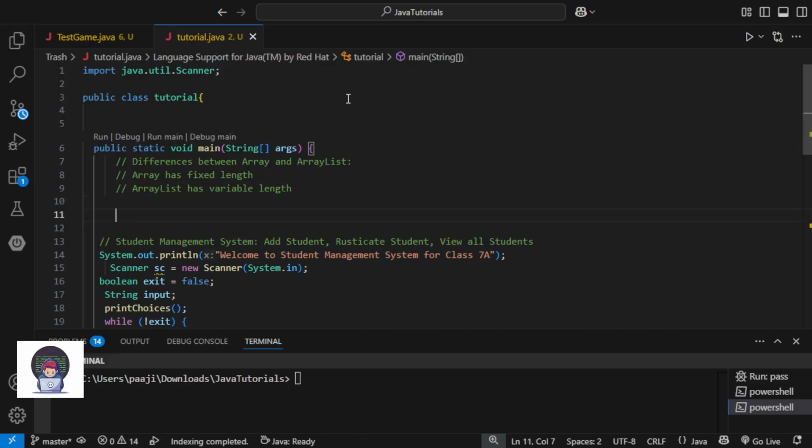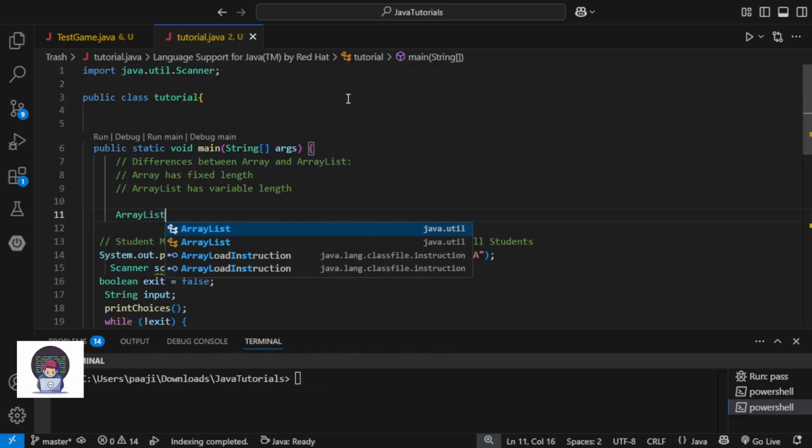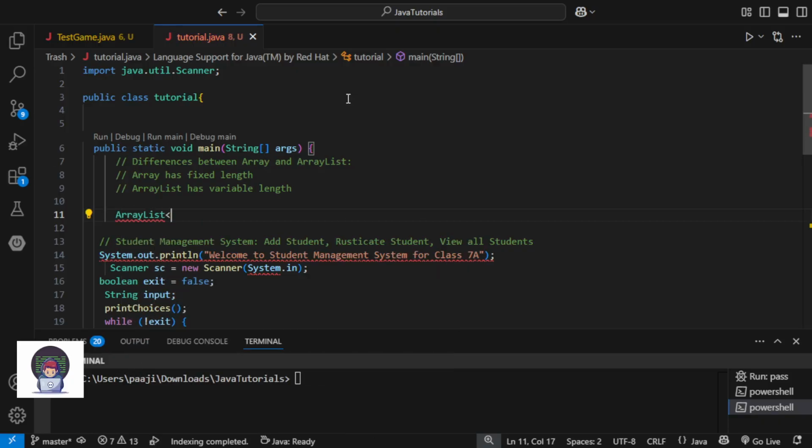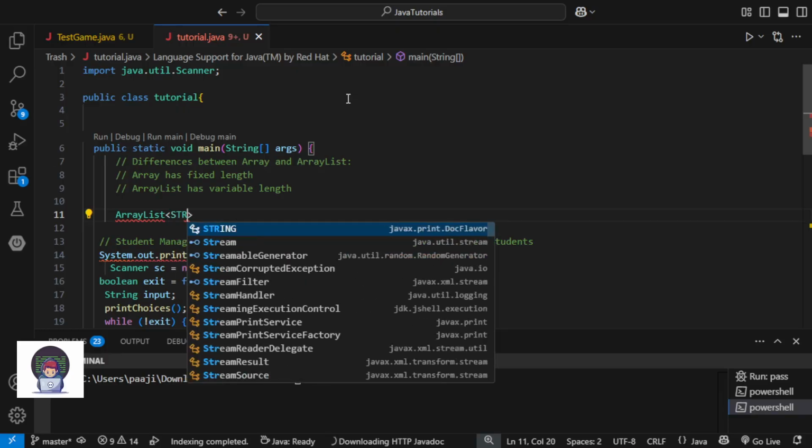So let's create an ArrayList, because we don't know how many students we will add. Let's say ArrayList, and set its type. Inside these tags we type the data type of the ArrayList. That will be String because it is the names.